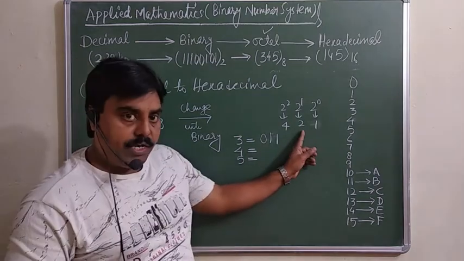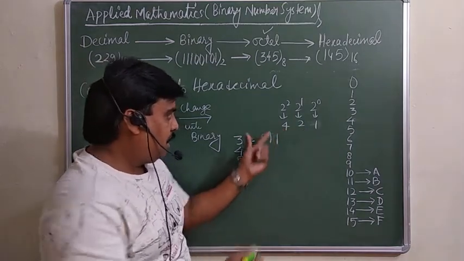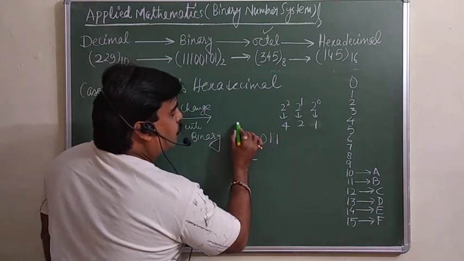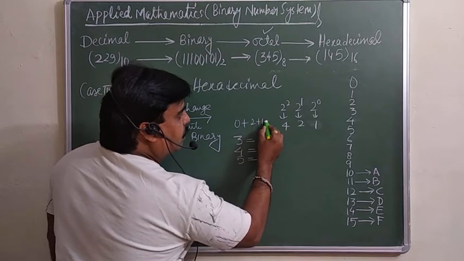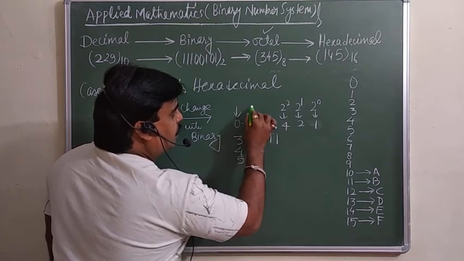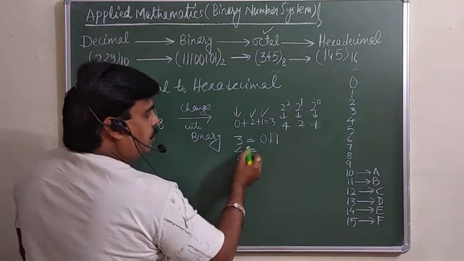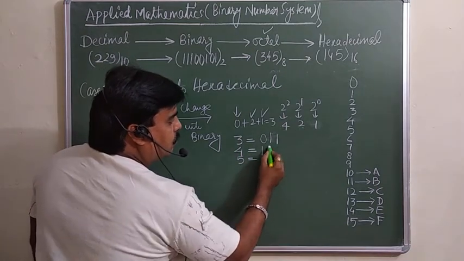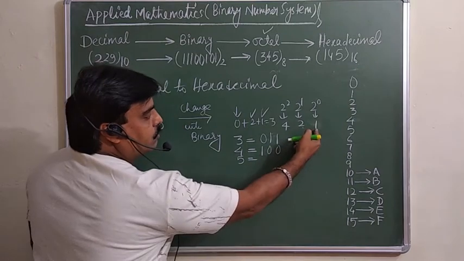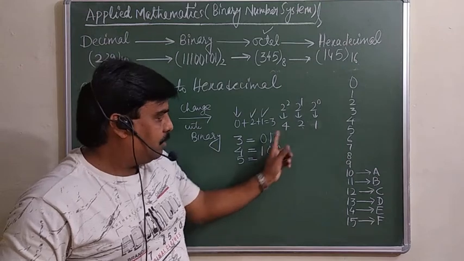The number which we are taking, for that we write 1. So see, for 4 if you are doing it here, then we will not take 0, because we want 3. So 2 plus 1, you are getting 3. So for this one which is 0 we are taking this 2, we are taking this 1, so we have to write 1 1 here. Similarly for 4 we will take 1, we will not take 0, and we will not take this one also, because 4 plus 2 plus 1 would be 7 but we need 4 only.